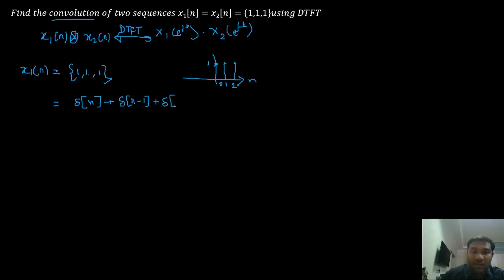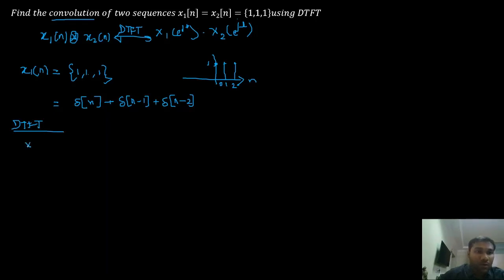It is just 3 impulses at n equals 0, 1, and 2. Now if I take the DTFT on both sides,